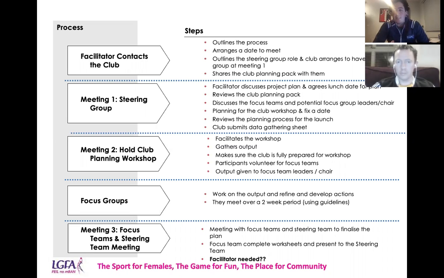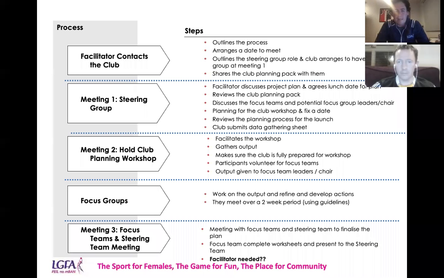You meet with the facilitator as a steering group. You hold your club plan and workshop. You hold your focus groups to flesh out your plan, and then you come together to put the plan together. And that's really the crux of it there. And as I say, your executive might meet with the facilitator before you start. So I know it looks complicated, but those are the step-by-step things you need to do to achieve